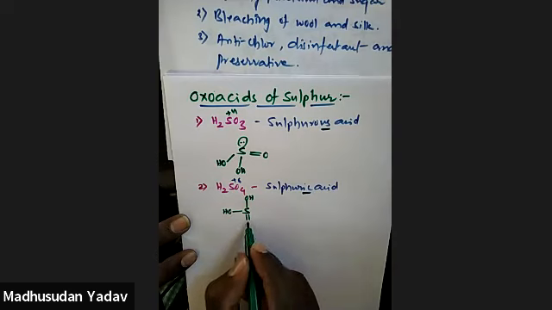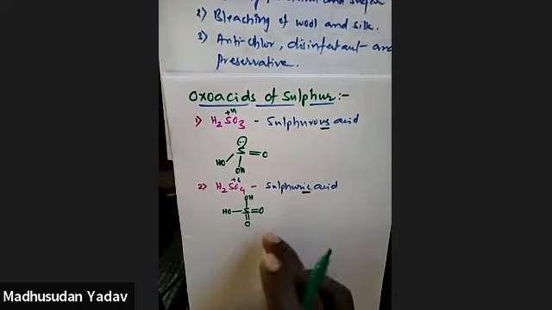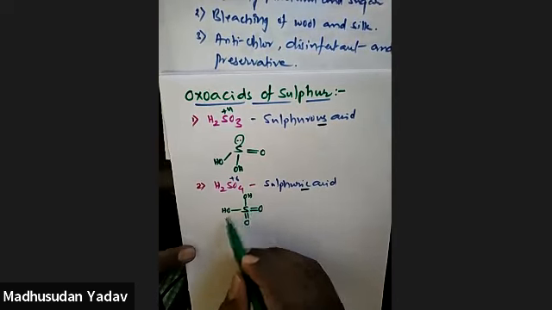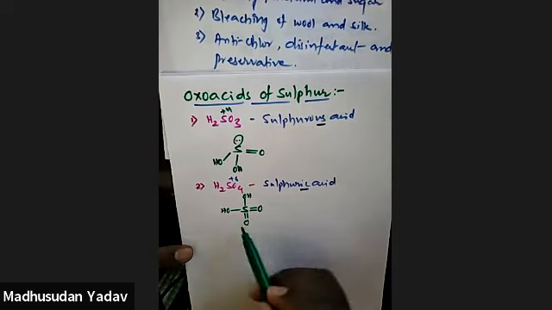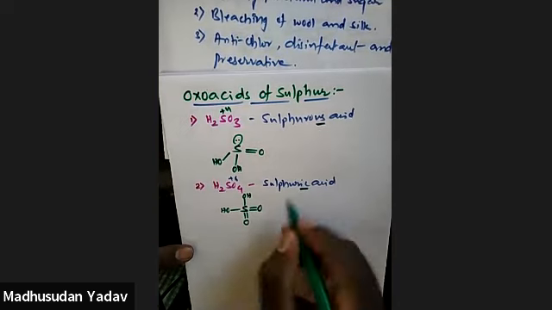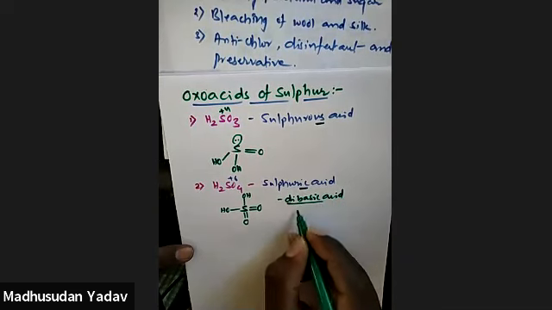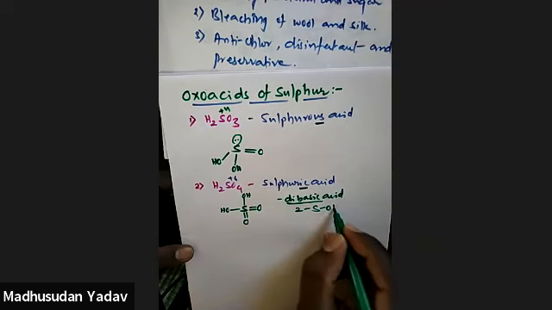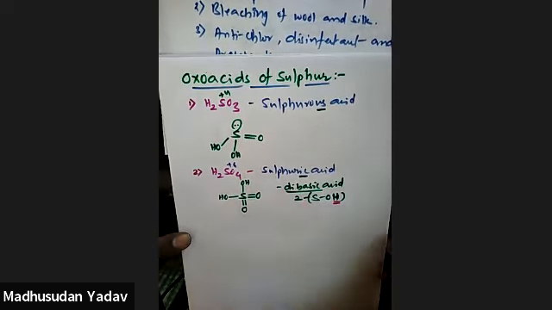H2SO4, right? Maximum 6 bonds it can form. Anyway, you can write anything. It should have two OH links and two S double bond O links. Because it acts as a dibasic acid. Why is it a dibasic acid? Because two sulfur hydroxy links are present in this. So for this dibasic acidic character, these hydrogens are responsible. These protons can be easily released, right?